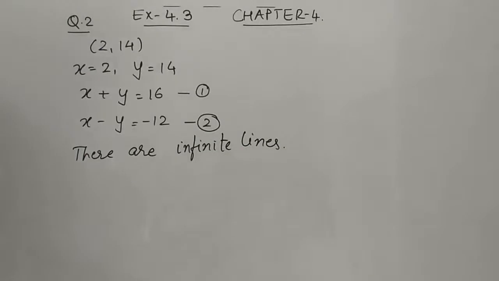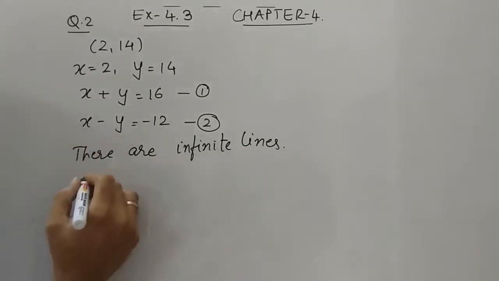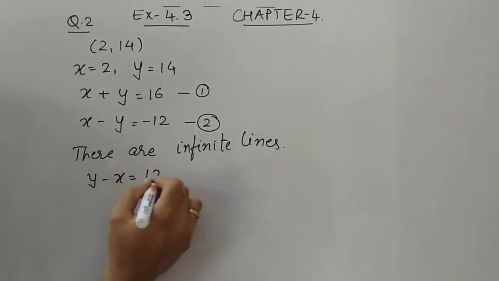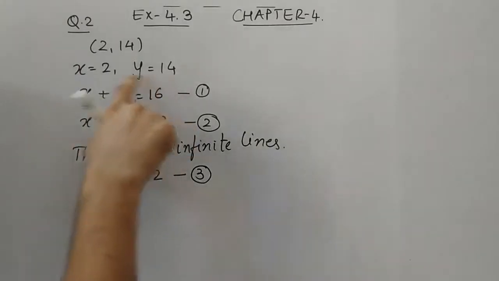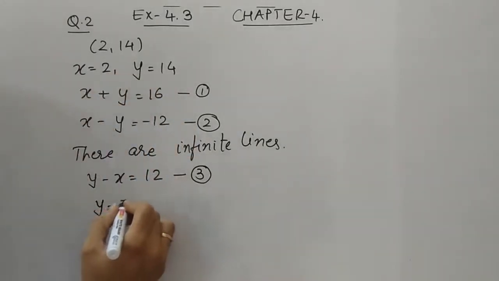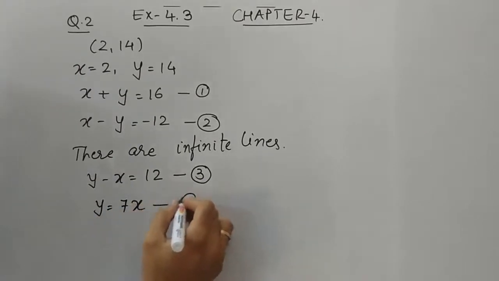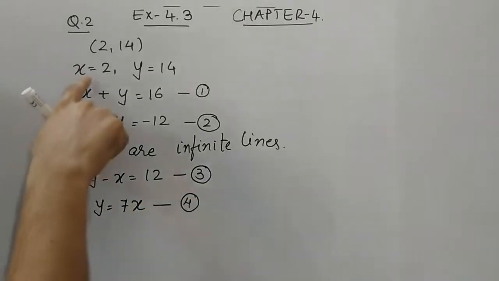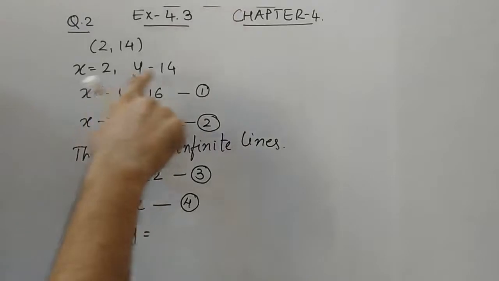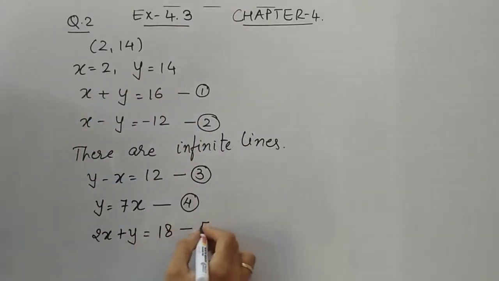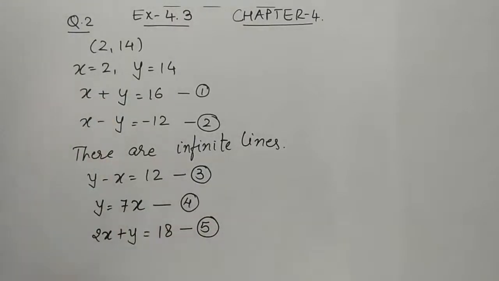कैसे? तो दूसरा हम इक्वेशन बनाएंगे. जैसे x minus y बनाया है, we can also write y minus x is equal to 12. If you observe the relation that y is 7 times x, तो ये एक इक्वेशन ऐसा भी बन सकता है. If I multiply x with 2, तो होगा 2x, और उसमें अगर मैं y ऐड करूं, तो 4 plus 14, तो 18 होगा. So you can see that we can form many equations: 3x plus y, 2x minus y, 3x minus y, x plus 2y. हम बहुत सारे इक्वेशंस बना सकते हैं.